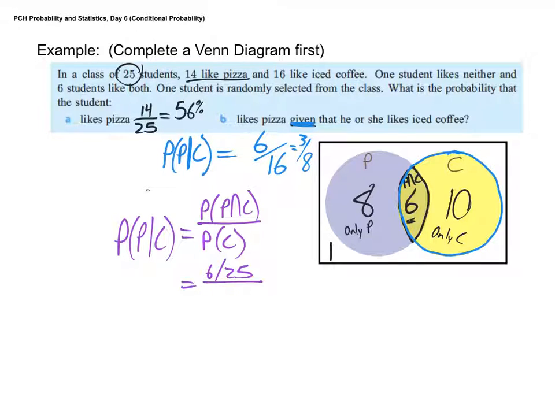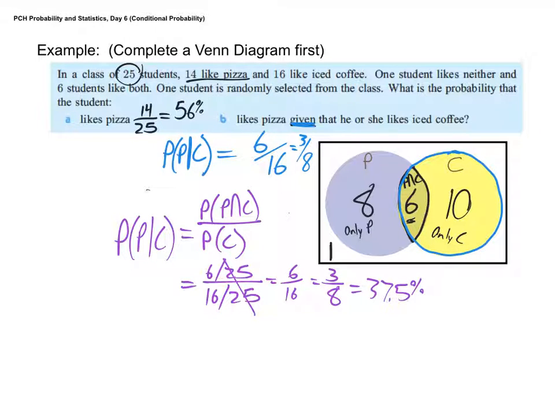What's the probability that somebody likes coffee, period? 16 out of 25. So now you notice here, if we reduce this fraction, we can cancel out a 1/25 out of both of them, right? So that cancels out, and we're left with 6/16, which again is 3/8. Okay, or if you want,